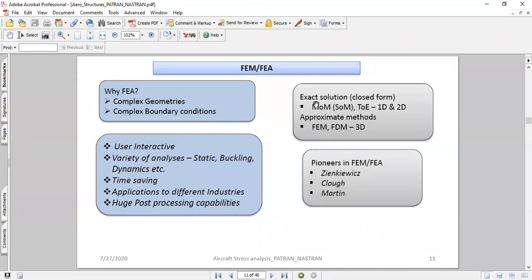Yes, it could be done, but it would be very rigorous and time consuming. So the quickest option would be modeling and solving in FEA.